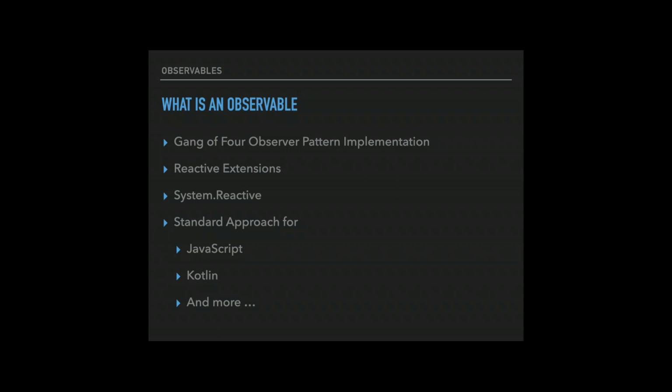Reactive Extensions are a cross-platform, I won't call it a spec because it's not really a spec, but it's kind of a spec. Reactive Extensions is a cross-platform spec that tells us how these different operators should act across platforms. System.Reactive is the .NET Reactive Extensions library. And this has become the standard approach for a lot of languages: JavaScript, Kotlin, SwiftUI is using it now. PHP has observables, and it seems like everybody outside of the .NET space is kind of moving to this standard approach,